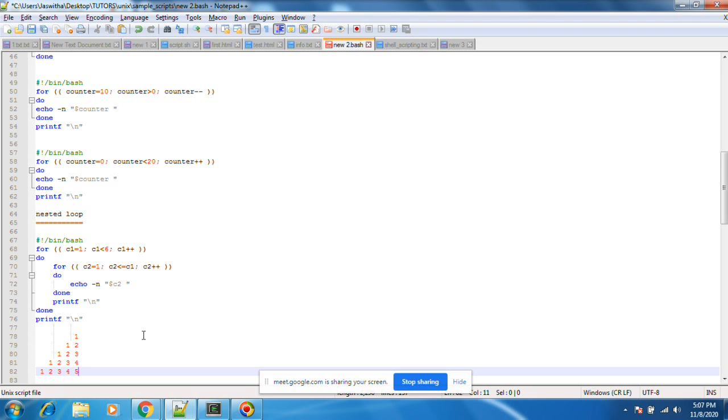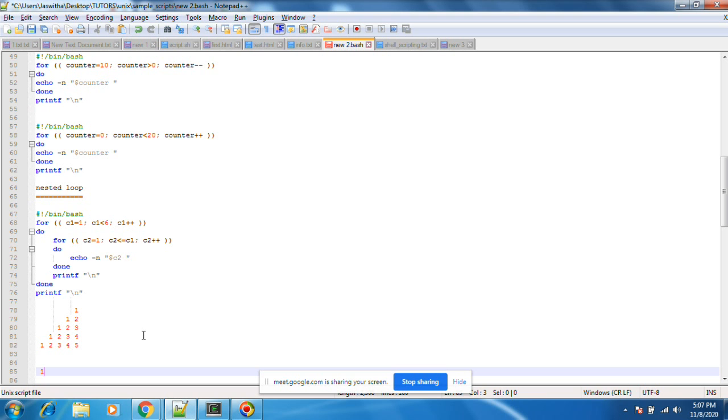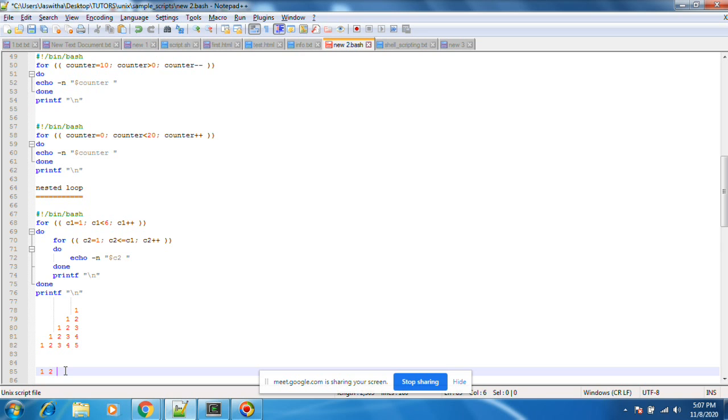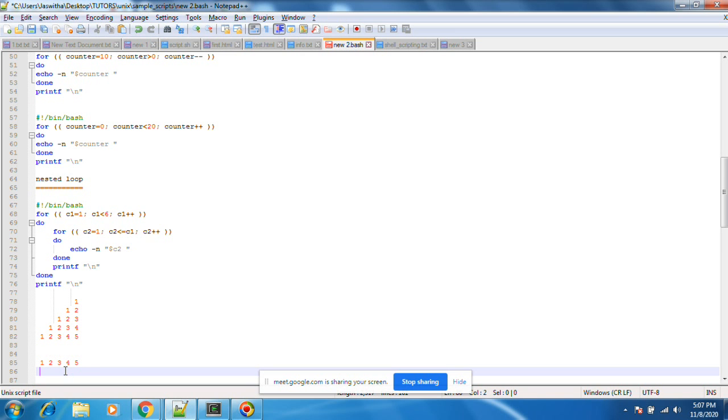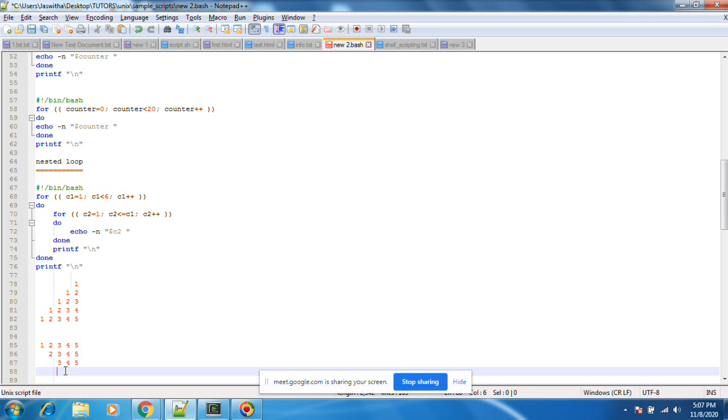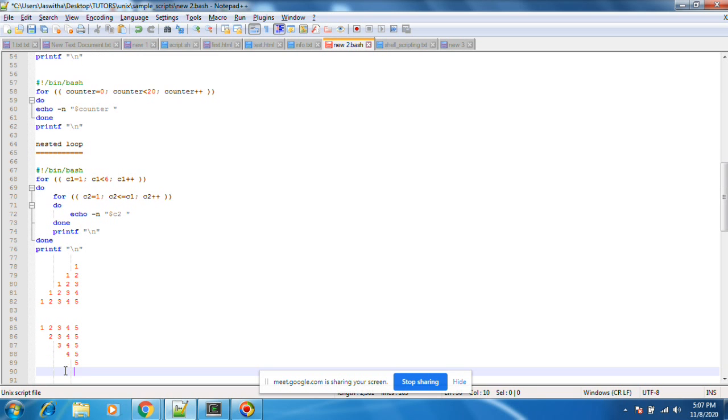You can try like this also. This one is already done: 1, 1, 2, 3. This one also is possible: 1, 2, 3, 4, 5, then 2, 3, 4, 5, then 3, 4, 5, then 4, 5, then 5. This will also be possible. You can make this as well.